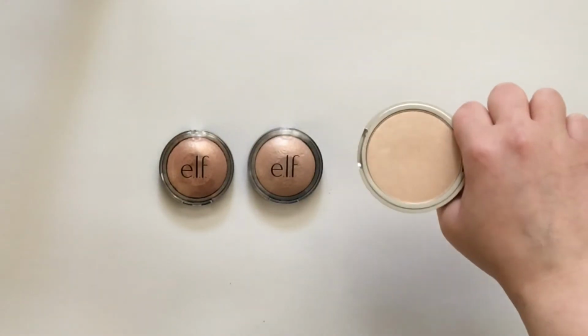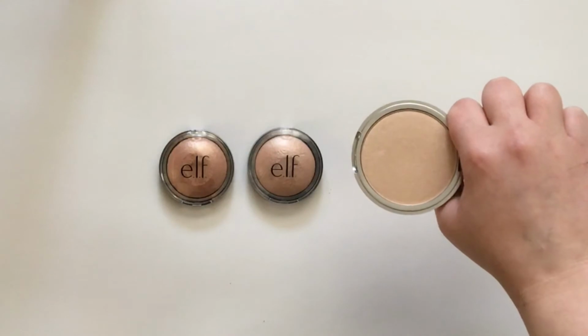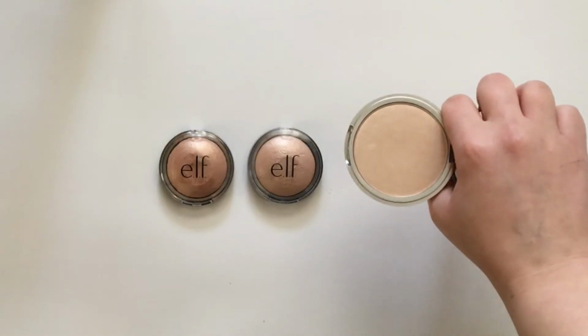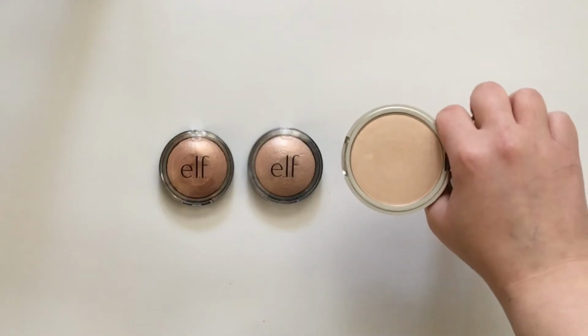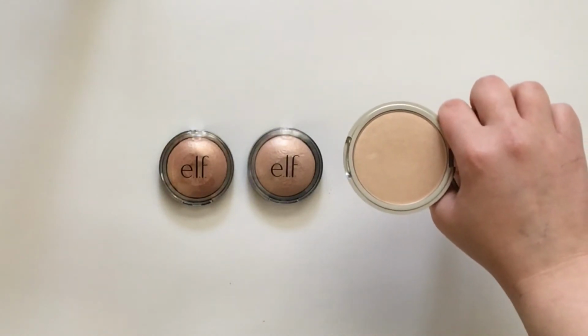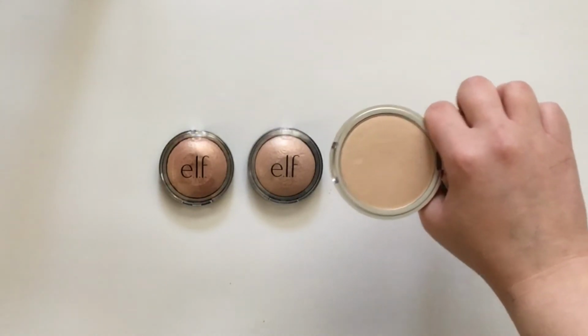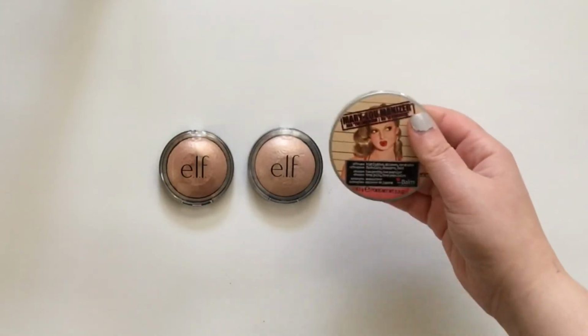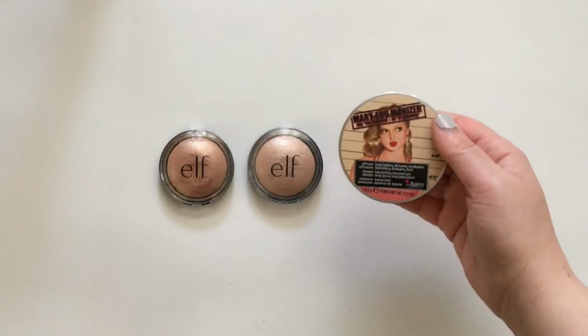You can see I don't have too much use out of it yet, but I've been wearing it a lot. This gives a nice, really intense highlight. I don't notice any glitter, but it does have a really nice glow to the skin. The formula is amazing, and a little bit goes a really long way. So I'm happy that I finally picked this up, and I actually shared how I got it for free on